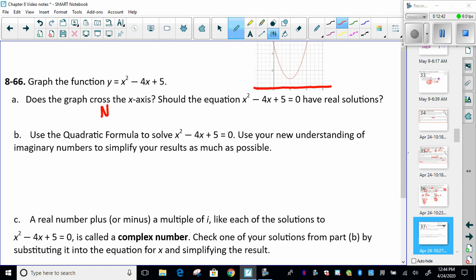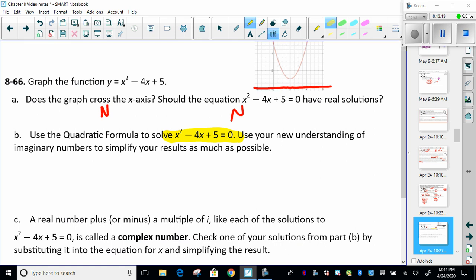Therefore, if instead of having a y, it was a 0, does that have any real solutions? No, absolutely not. Since I put 0 in for y, that should figure out where it crosses the x-axis. So therefore, there would be no solutions for it. But this is the type of question that you're going to be working on. They're going to be equations set equal to 0, not functions that you're graphing necessarily. But we're going to bring the two together so you can take a look at the difference between x-intercepts and